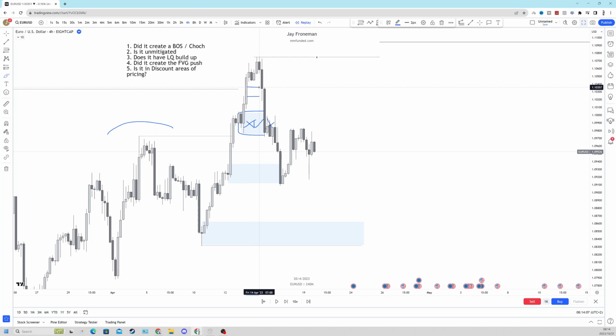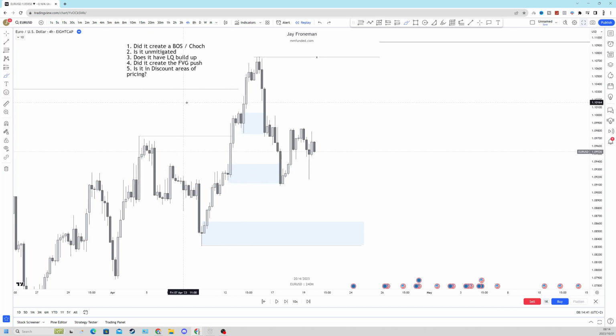Yes, it created the fair value gap push, and no, it wasn't in discounted areas of pricing, as if we mark out our premium, equilibrium, and discount, the zone was in premium areas of pricing. So there was a very good probability that price would sweep this and rather mitigate more discounted areas of pricing before continuing long. Therefore, we know already demand zone number 1 is not a valid institutional level. So if we go for zone number 2,